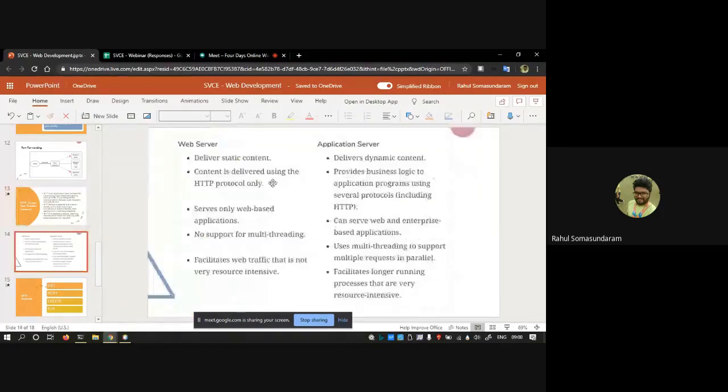I'll just explain. There is something called web servers or application servers. Generally they're classified as servers through which only the HTTP content is shared. So when we go to svc.ac.in or any website, there is a web server or application server behind it. From that only the HTTP content is shared.